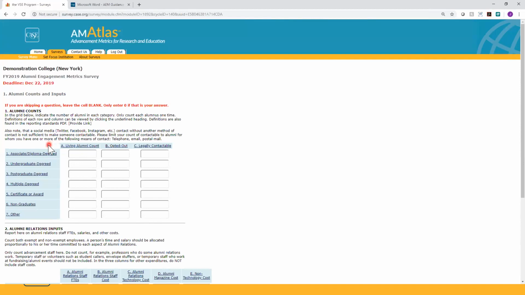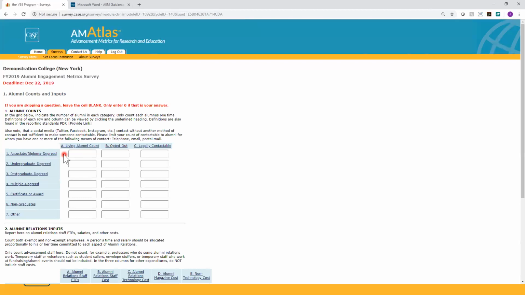So some key points for you here, and these are also noted in the guidance document. Each individual should only be counted in one category, and that's the last level they achieved. These categories include alumni who earned a credential on premise or online. Now, we recognize that these definitions are different than those currently used in other case surveys. Our goal is to ultimately consolidate these definitions so that we'll only have one set of definitions across our survey